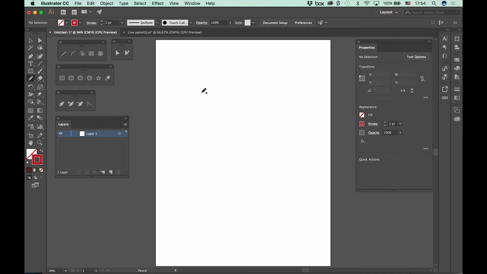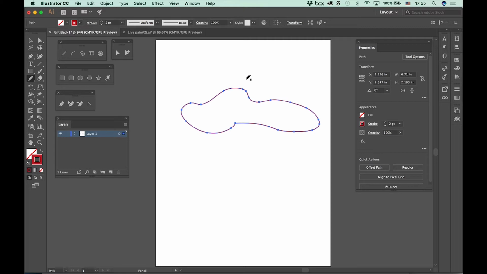And then now I'm going to draw something. So I'm going to draw something like maybe a cloud. So you see here, when I close it, I see a little circle. And this path is closed right now. Now if I wanted to fill it with anything, I can go all the way up to my control, click